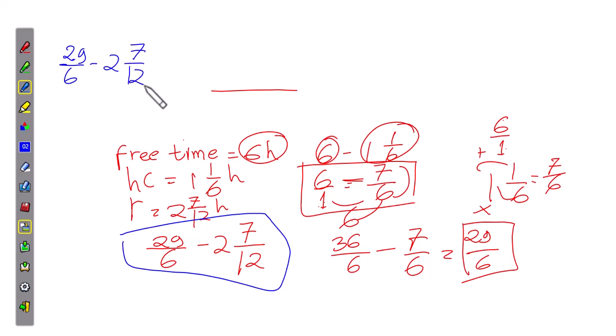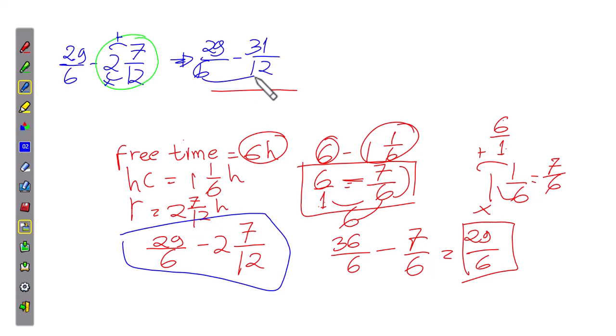So we need to change this first into an improper fraction. Then we get 29 out of 6 minus 12 times 2, 24, plus 7. 24 plus 7, we get 31 out of 12. So we need to find the least common multiple of the denominators, which is 12. The new equivalent fraction is 12 divided by 6, 2, times 29, we get 58 out of 12